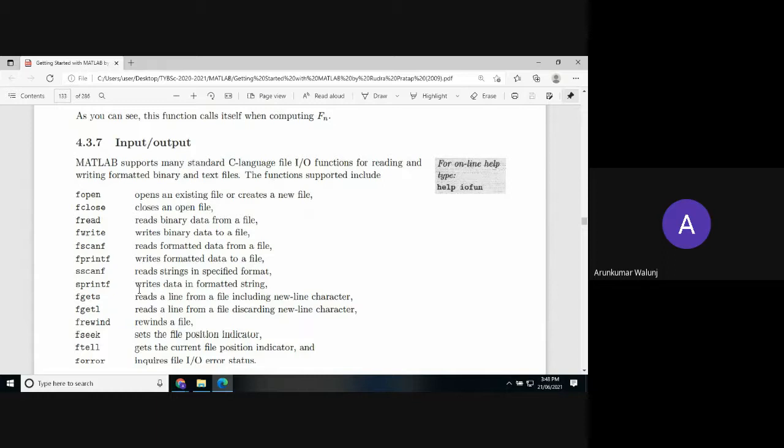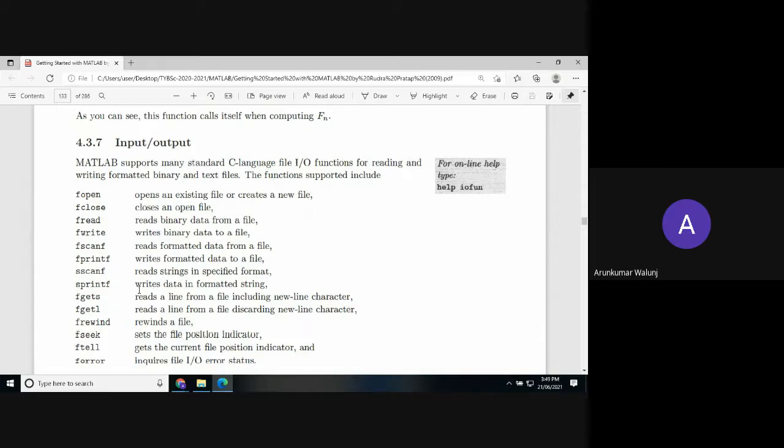Besides this, I would like to share some important information regarding input and output functions, which are really useful in standard C language while you are opening a function, or opening a file, or a binary file, or a text file, or reading or writing with the formatted binary text file. These are the supported functions in MATLAB. So MATLAB supports many standard C language input output functions. So one can easily interface C language with MATLAB and vice versa.